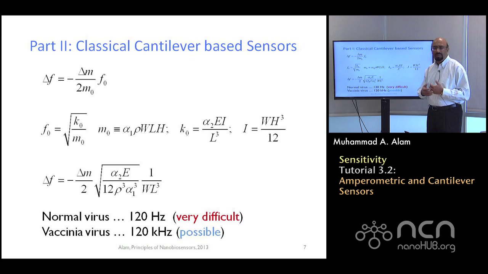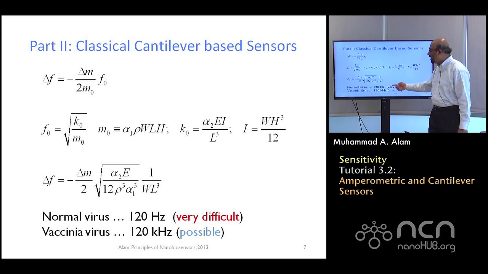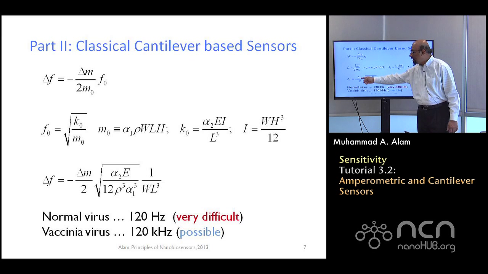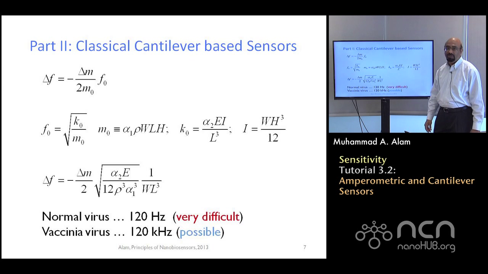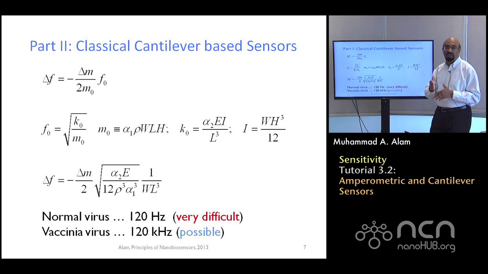So what is it when people say that they can detect viruses? Well, they are talking about larger viruses. It is 1,000 times heavier, and so delta M is 1,000 times bigger, and therefore it's about 120 kilohertz, right? Or 0.12 megahertz shift. That is something you can easily detect. And so larger viruses are possible, but day-to-day viruses are difficult to detect.